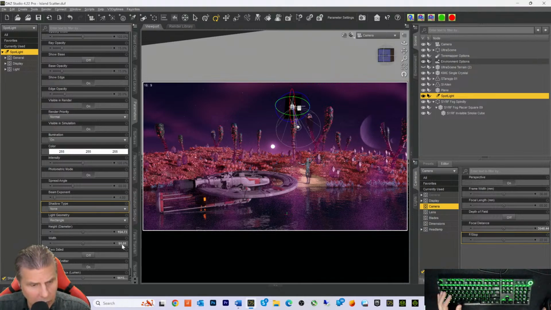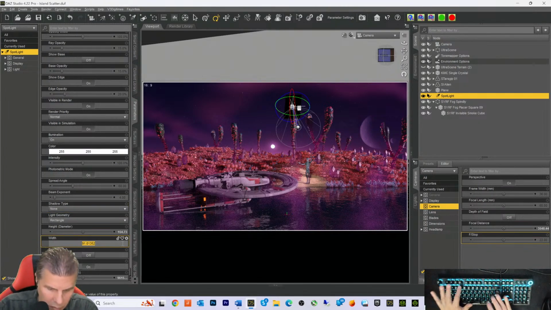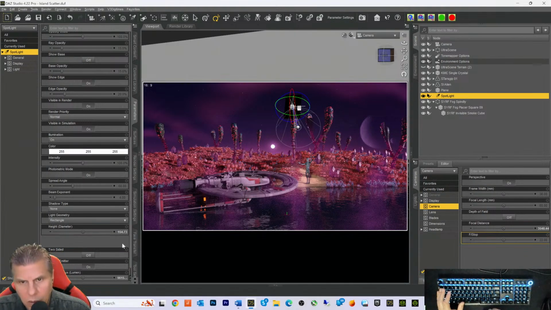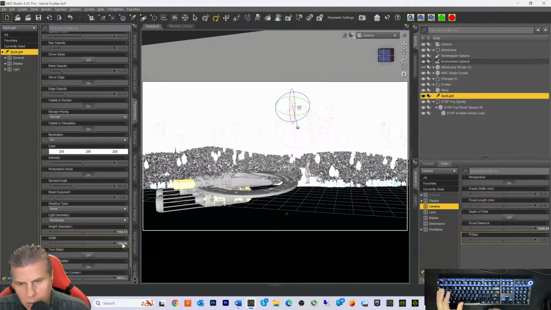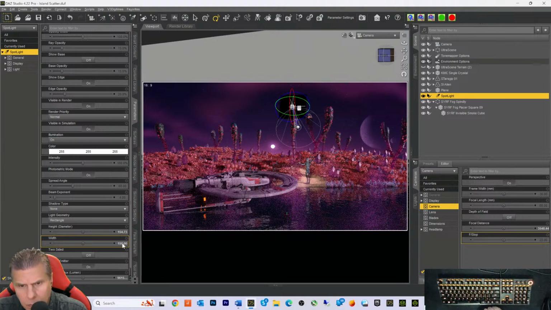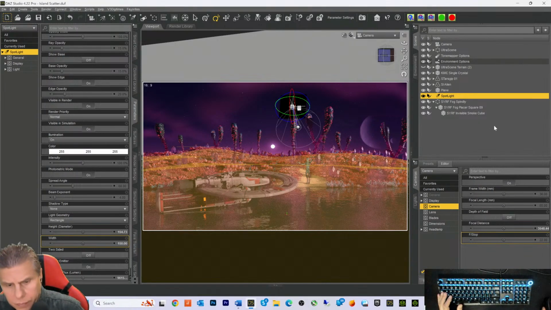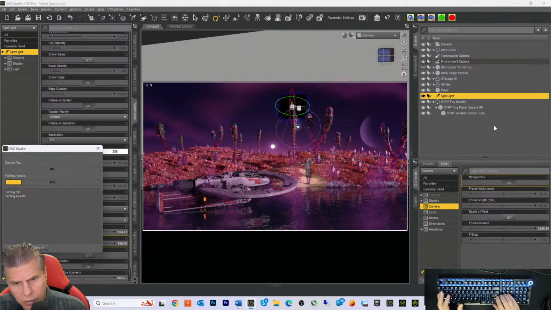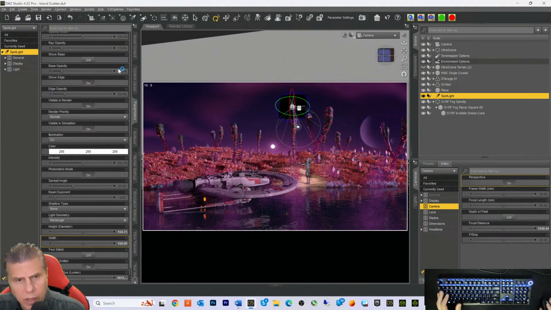Okay, so let's go to 150. Okay, I think we're going to try to render this. Yeah, that's good. So that's what we're going to try to do, is now give this a nice render. I love the way this light is hitting these little crystals here. Save this. Okay. And now we're going to